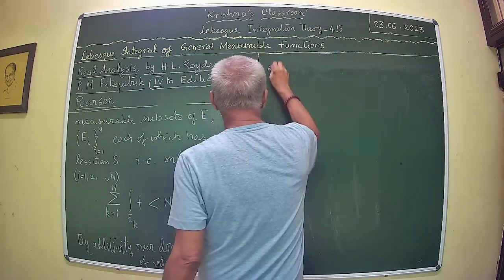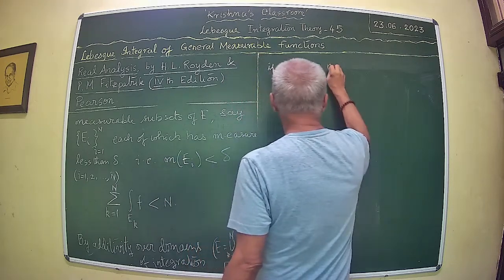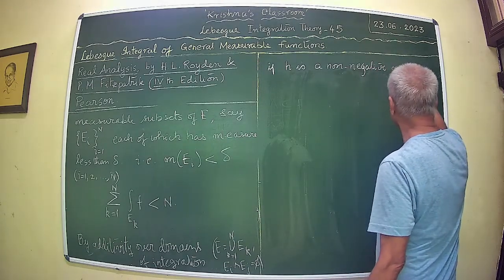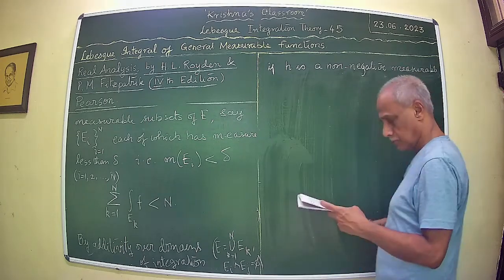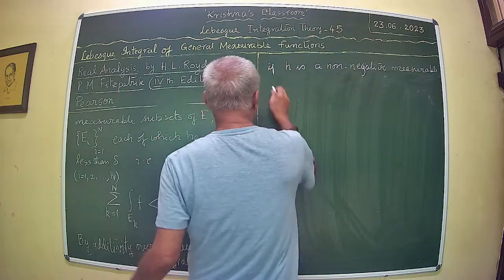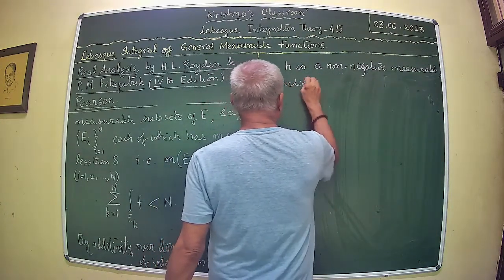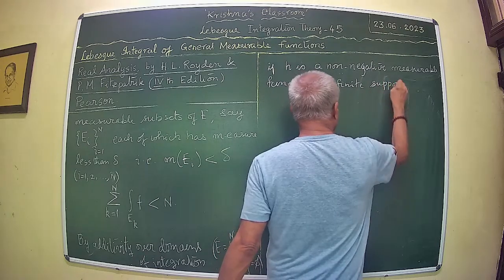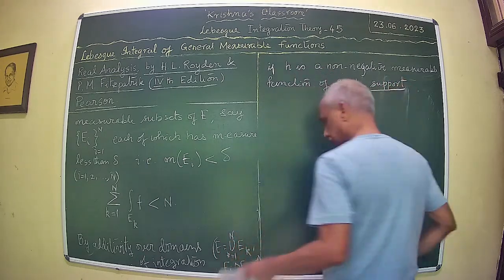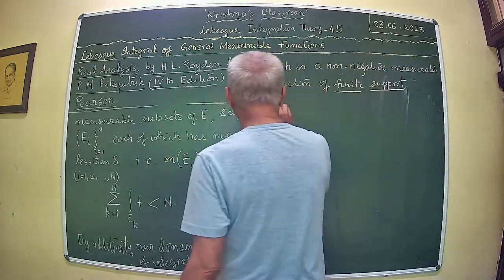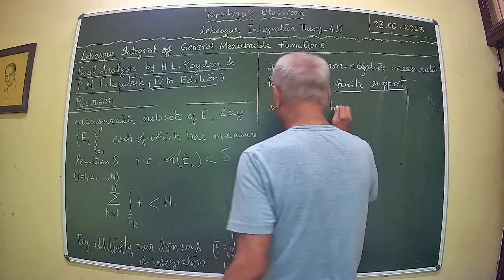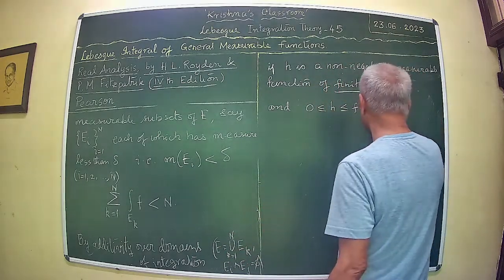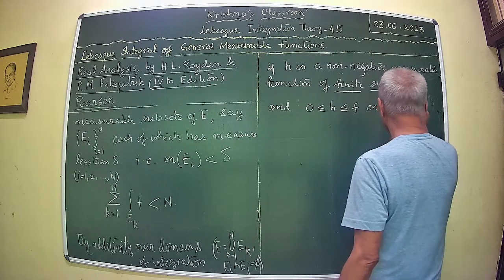If h is a non-negative measurable function of finite support, and h is at most f on E, then we have